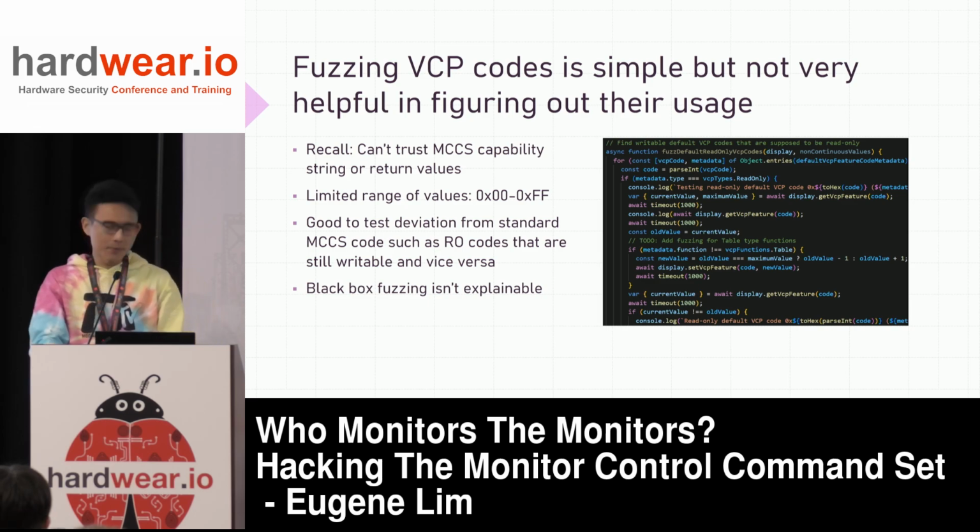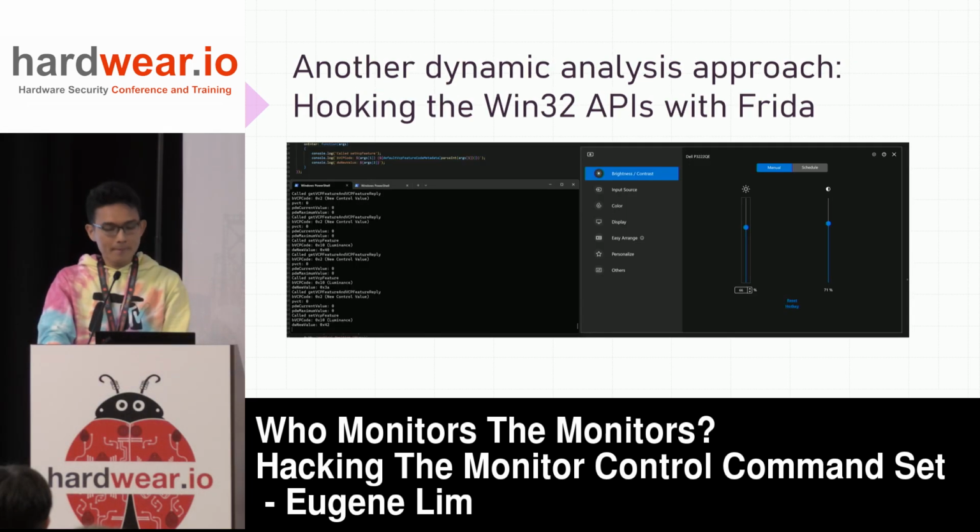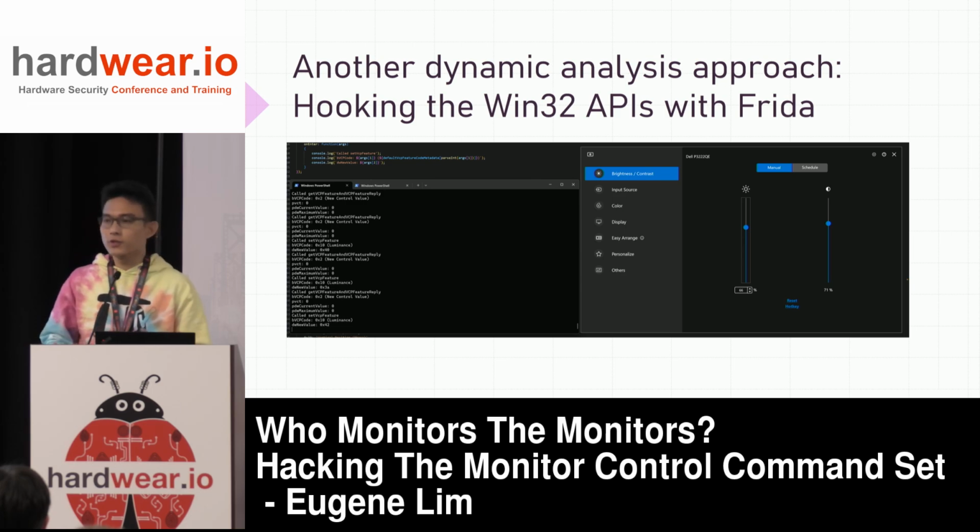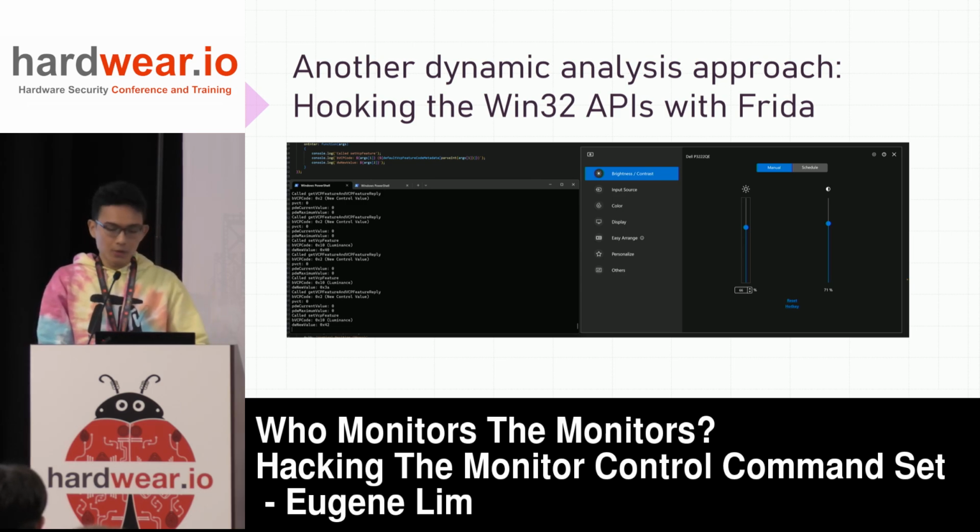But in general, black box fuzzing doesn't really get you that far. One interesting way I've done this research as well is dynamic analysis with hooking. So with Frida, you can just hook the low-level Windows Win32 APIs and just use the application as you would normally. This is a way to figure out, for example, for the manufacturer-specific codes, what the enums correspond to, especially if you don't have an easily reversible binary. So this has helped me enumerate all of these manufacturer-specific codes, their enums, as well as their expected